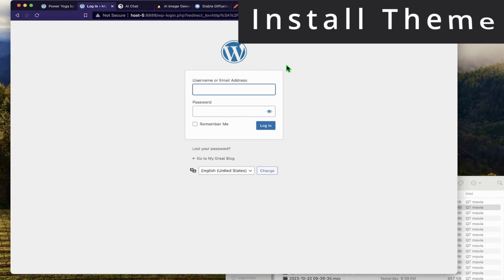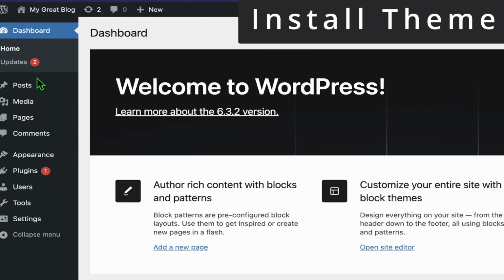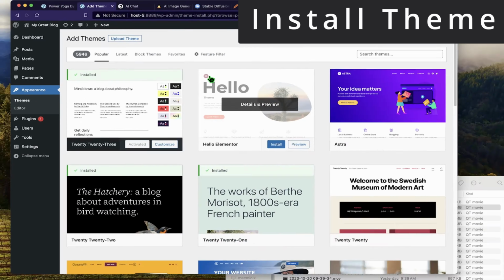Okay, let's log into your WordPress website. And after we are logged in, we see this dashboard here. The first thing that we're going to do is install the theme for your website. So what we're going to do is look in the left-hand part of the screen here, and then we're going to go to Appearance. So just click on Appearance, and then click Add New,